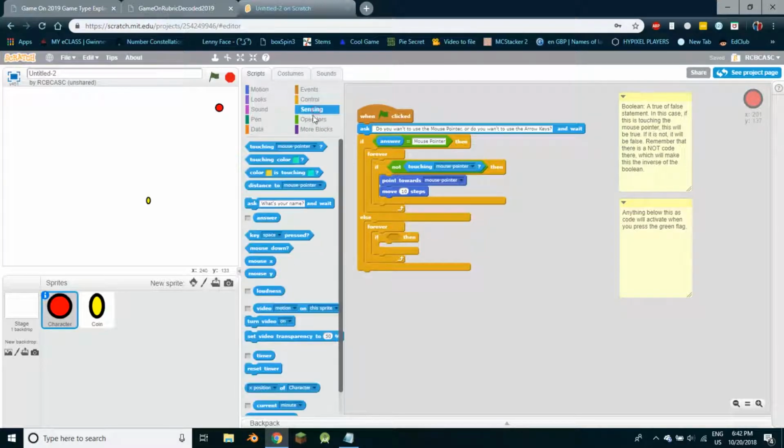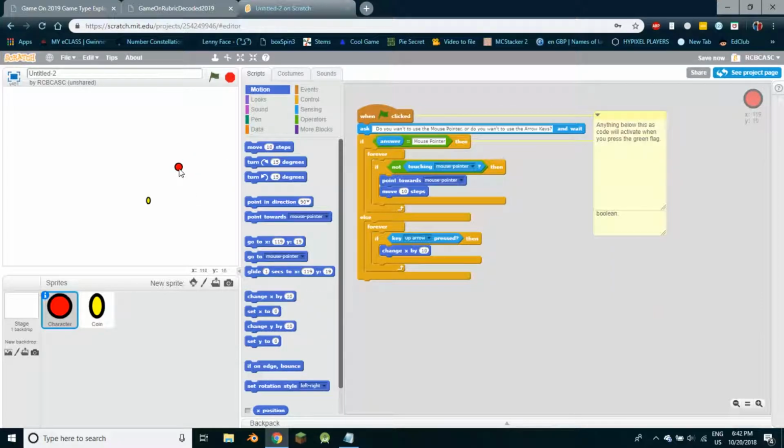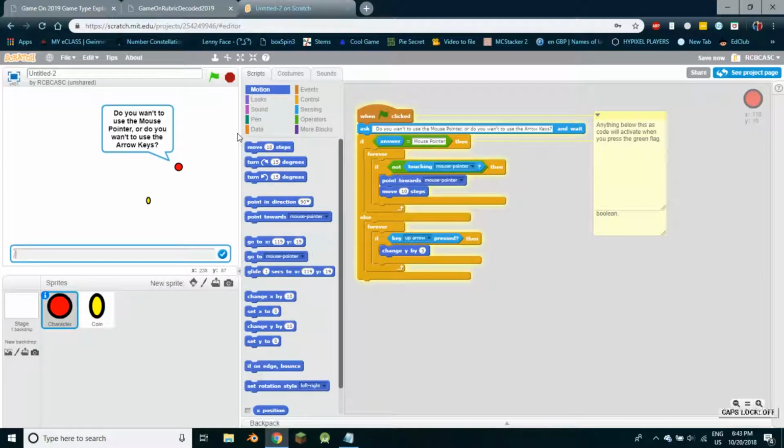if, and then we're going to be using the sensing, the key up arrow is pressed, that means I'm going to change my position relative to its position. What I mean by relative means if Y is 19, as it says here, change the Y value by 10. We're not setting a Y value, we're just changing it by a certain amount. So if I press the up arrow, we're going to change the Y value by 5. So let's do arrow